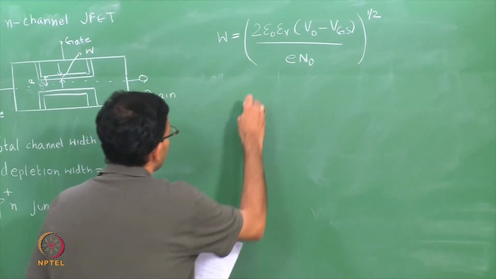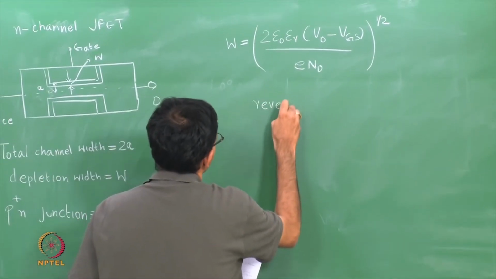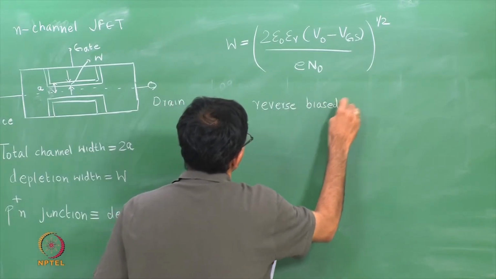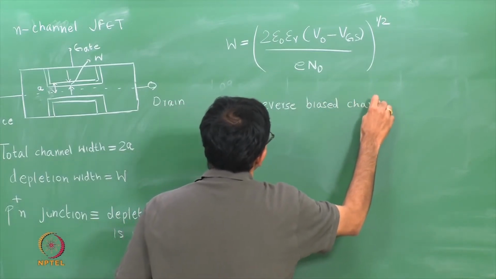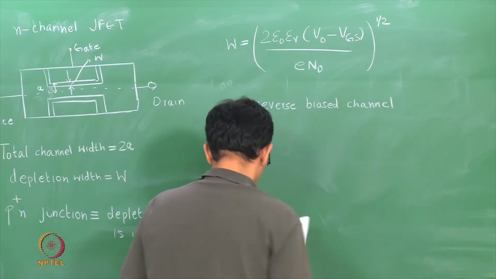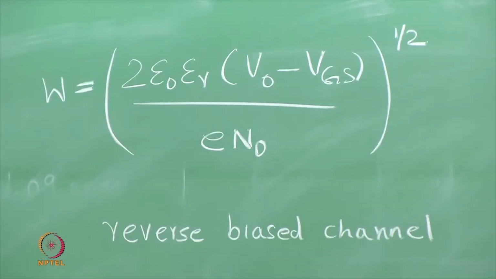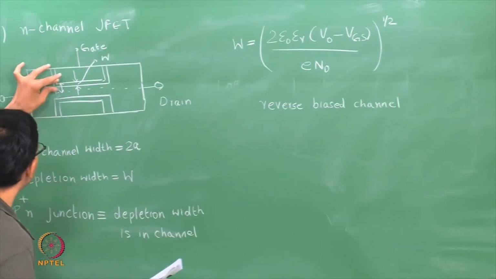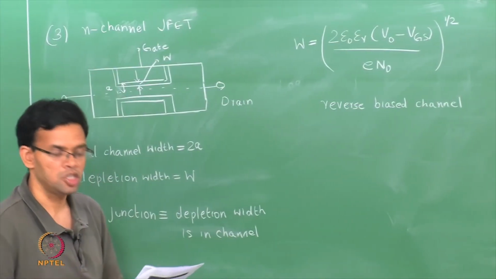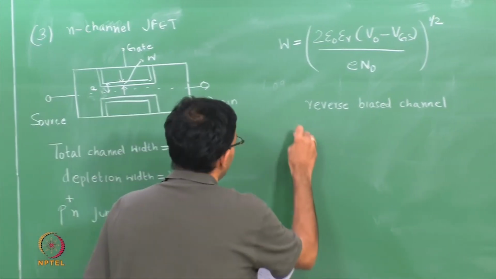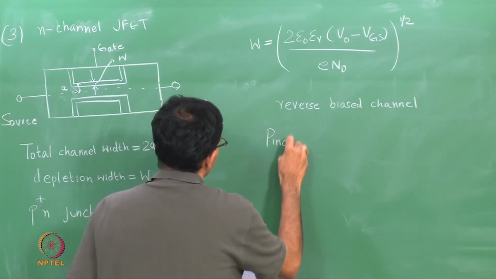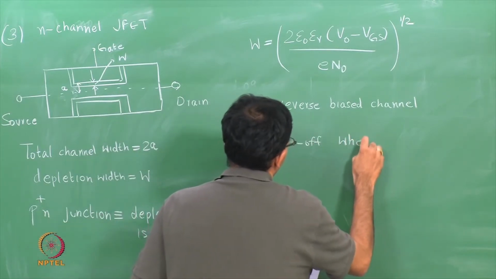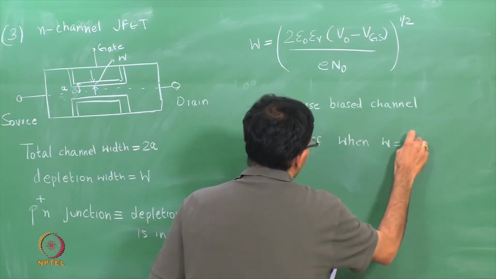This is basically a case of a reverse bias channel. So, pinch off occurs when this depletion width starts to increase and essentially reaches the center of the channel. So, we have pinch off when W is equal to A,